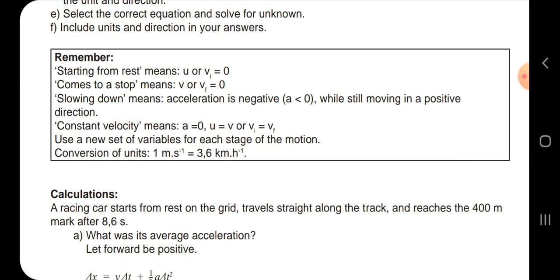Use a new set of variables for each stage of the motion. Conversion of units: 1 meter per second equals 3.6 kilometers per hour. So when you are given kilometers per hour, you divide by 3.6. If you're given 60 kilometers per hour, you divide it by 3.6. Always velocity should be in meters per second, and your mass should be in what? Kgs. If it's grams, you divide by 1,000 and they give you kgs. So always